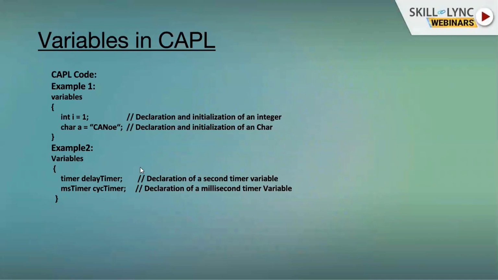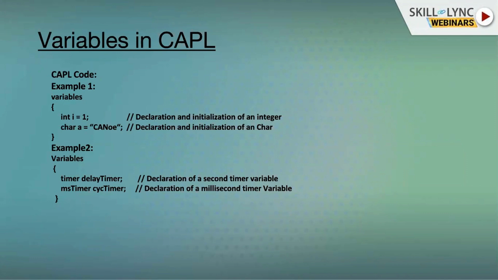How do we declare variables in CAPL? Let's come to the programming session. In the CAPL Browser, there is a whiteboard-like area. Each event function we talked about, on start, on key, on stop, on message, will have the first section called variables, where we declare and initialize our variables.